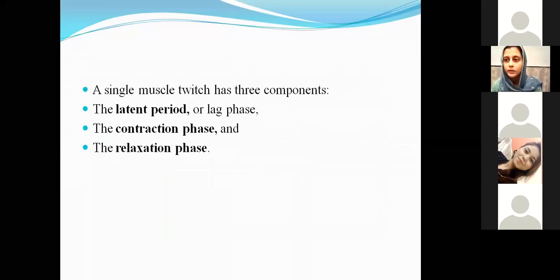आवाज आ रही है मेरी? And third is the relax. यस, आवाज आ रही है।